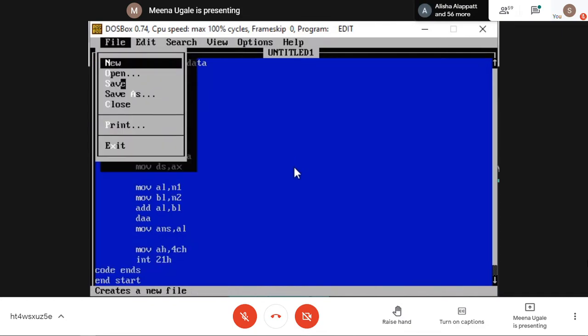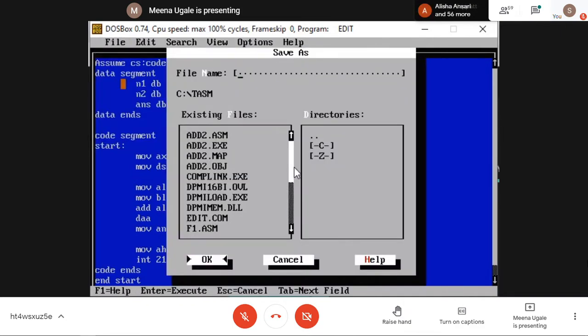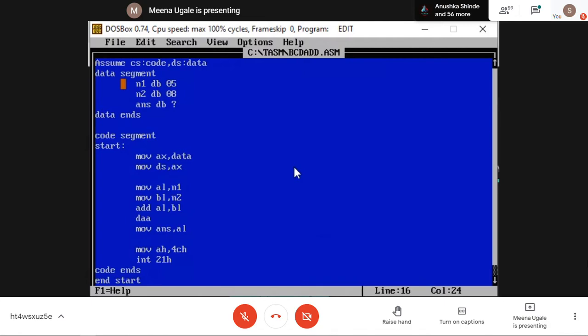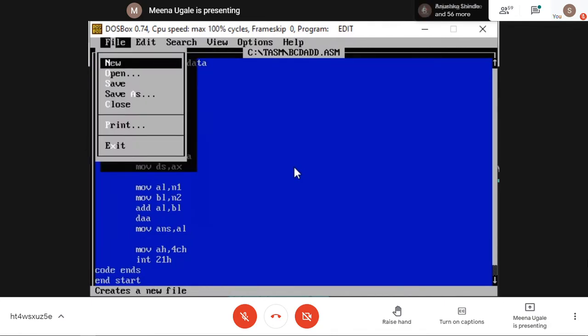Go to File, Save. Write any file name that you want to give. I'm writing bcdadd.asm. Go to File, Exit.